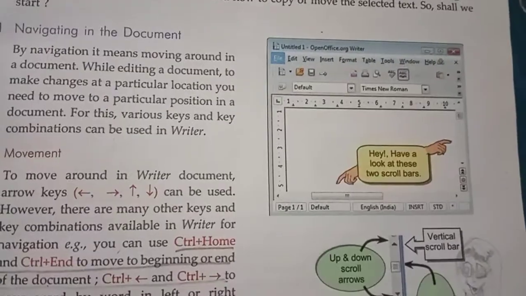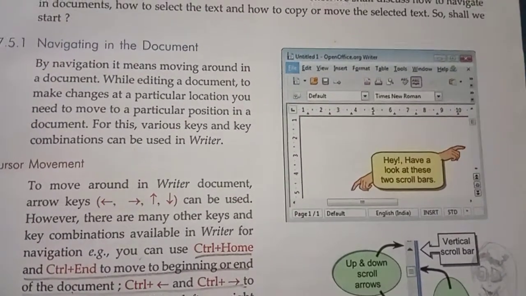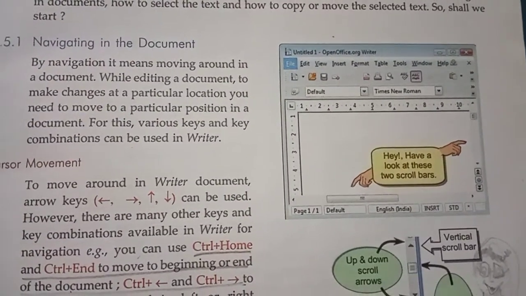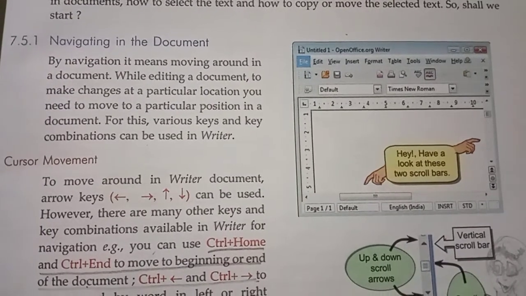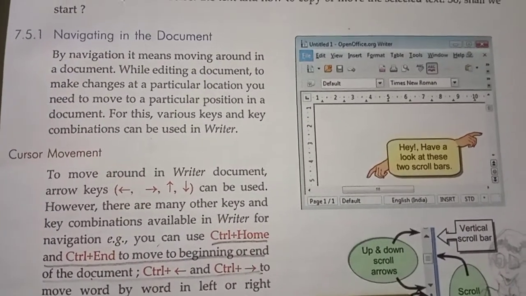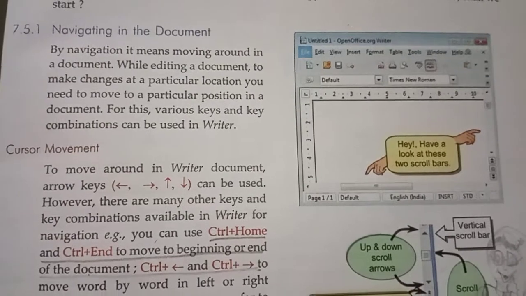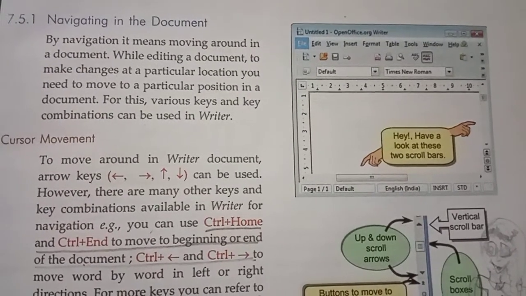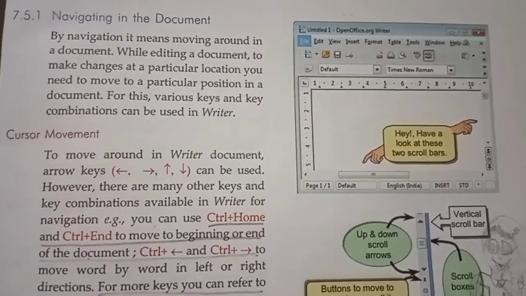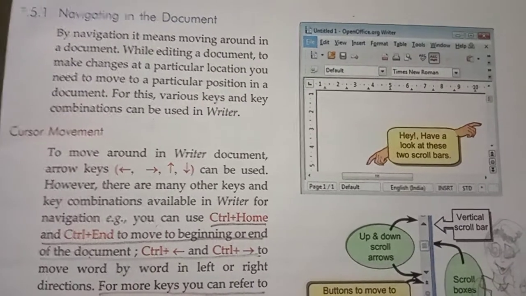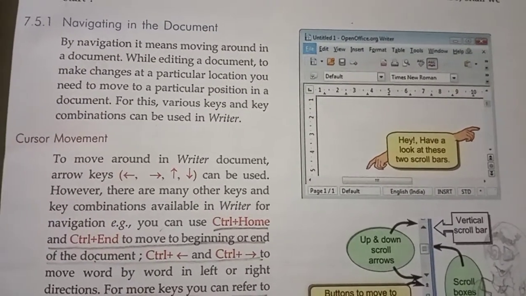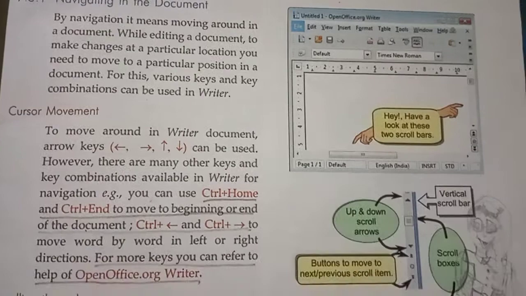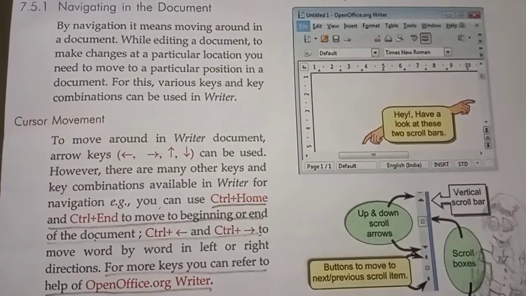So look at the right side, you can see one figure. So this is the basic structure. We already studied that structure. So first one is you need to study how to navigate in the document. So navigate means how we can move through the document. So normally by using a mouse, then keyboard, cursor movement. So there are many ways in order to navigate in a document.